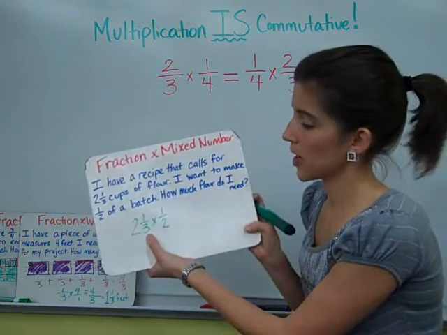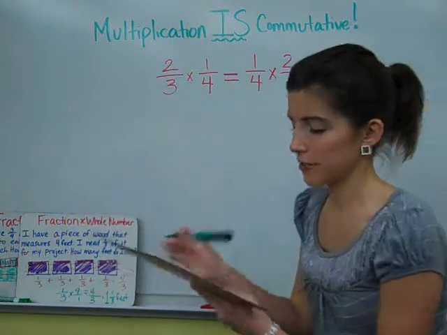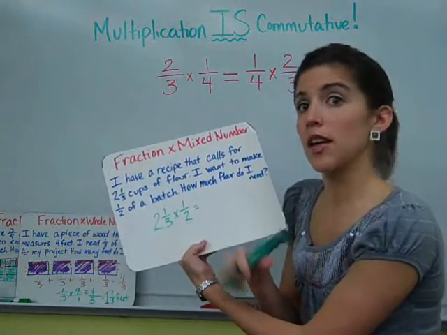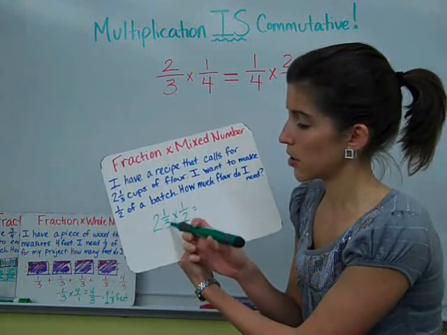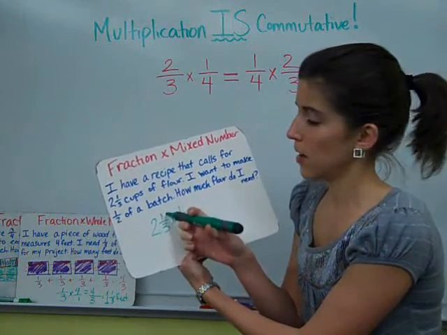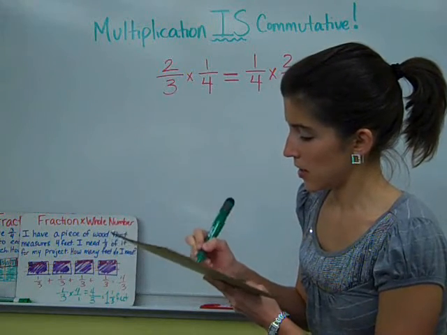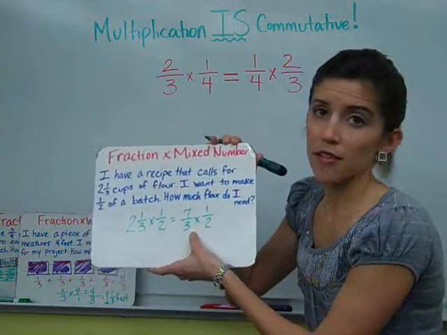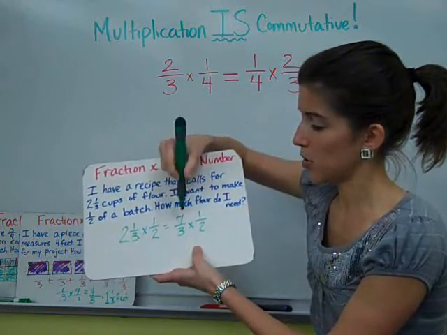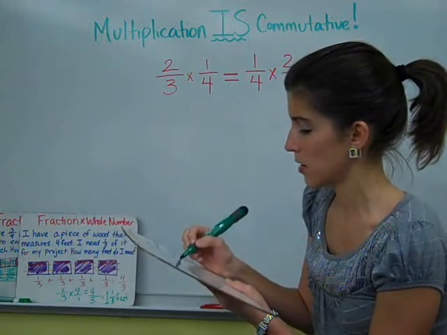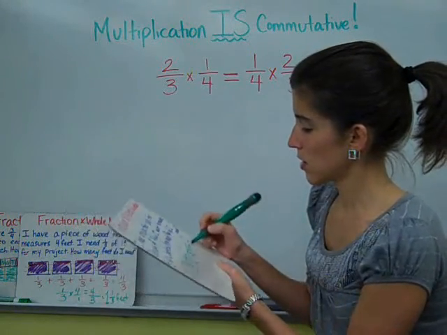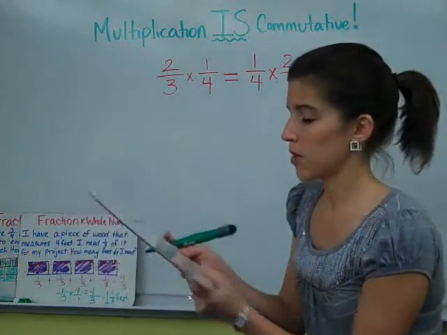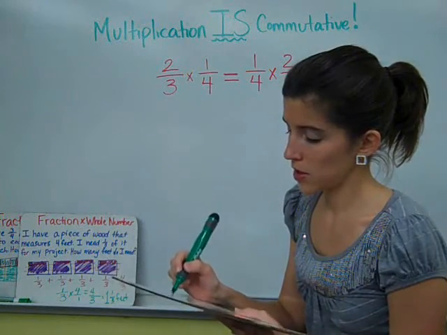like we have here. Okay, so if I've got 2 1/3 times 1/2, I'm actually going to change this 2 1/3 back into an improper fraction to make it a little bit easier. So I do 3 times 2, which is 6. Add on that 1 to make it 7/3 times a half. So 7/3 times 1/2. I'll multiply straight across. 7 times 1 is 7. And 3 times 2 is 6. So it's 7/6. However, we can change that back into that mixed number, which would give us 1 and 1/6